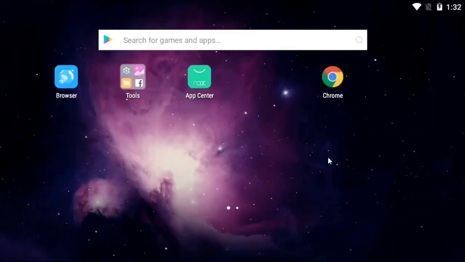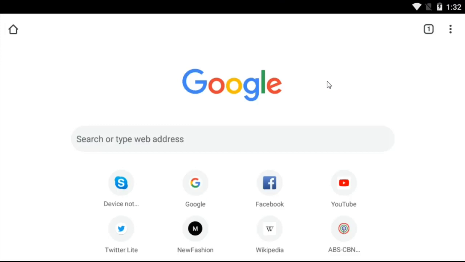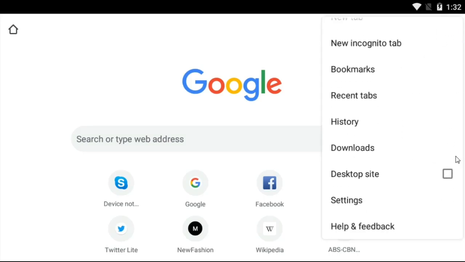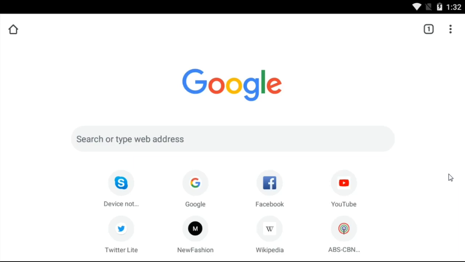On your mobile phone, look for your Google app and open it. As you open your Google app, you will see 3 vertically aligned dots on the upper right corner of your screen. Click it. Settings will be displayed on your screen, then look for the desktop site option and click the box to